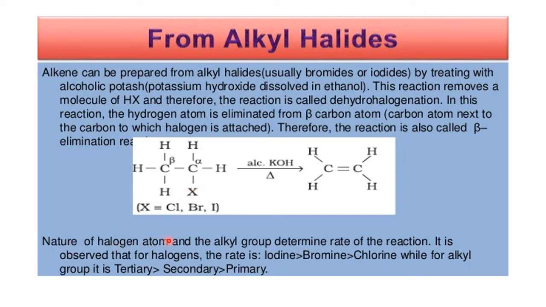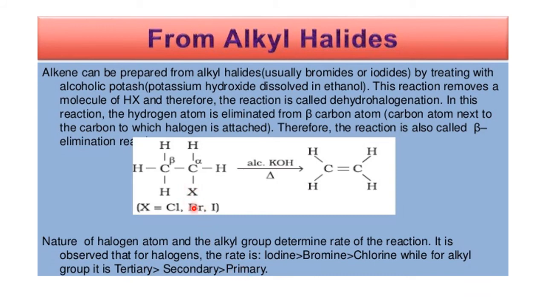Nature of the halogen atom and the alkyl group determine the rate of reaction, the speed of reaction. Okay, it depends upon the halogen and the alkyl group. It is observed that for halogens the rate is iodine more than bromine, more than chlorine. That means if it is iodine, the reaction is very fast because the bond length is more, bigger size, you can remove easily. Okay, then in the case of alkyl, tertiary is more reactive than secondary, than primary, because